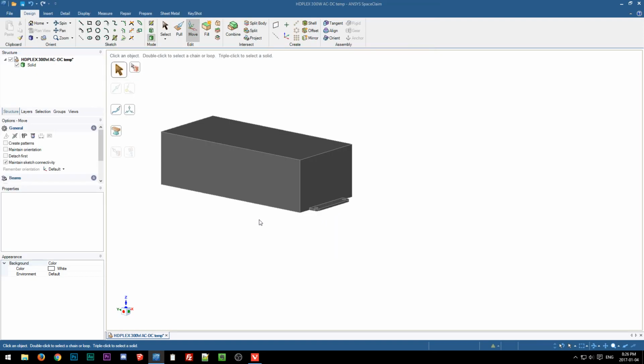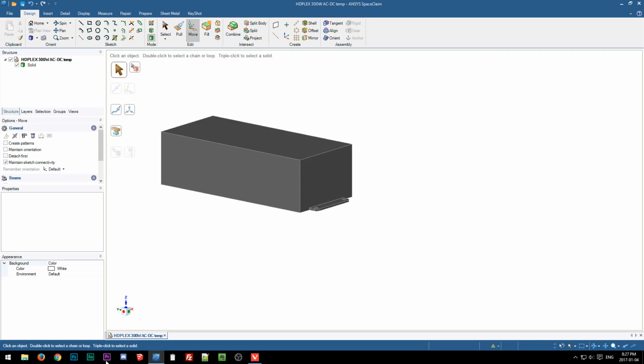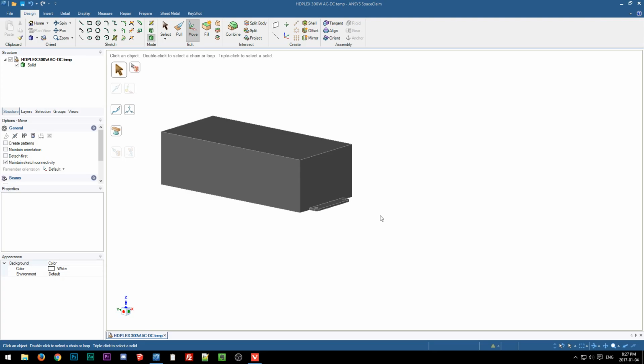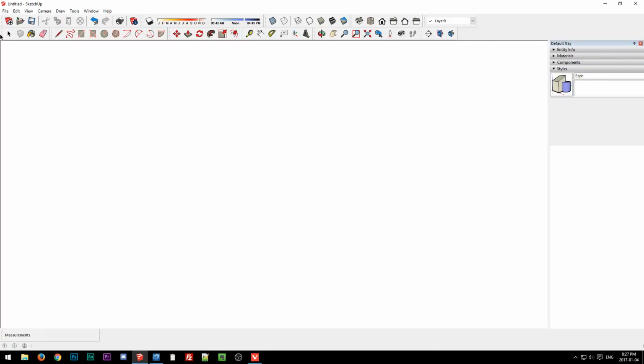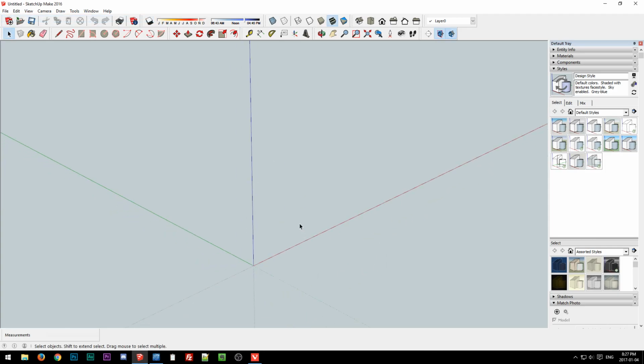Okay, so I think we can get out of SpaceClaim since it's being temperamental. Close, please close. Whatever. We'll open up SketchUp. Good old SketchUp. Okay, let's see here. So I'll just start a new model. Oh, we're already in a new model. Duh. And then I need to...